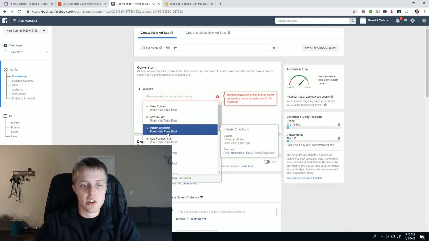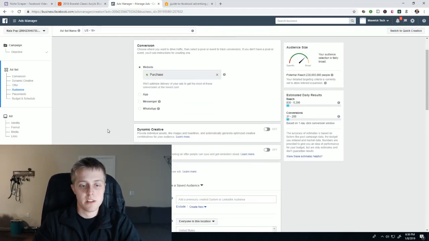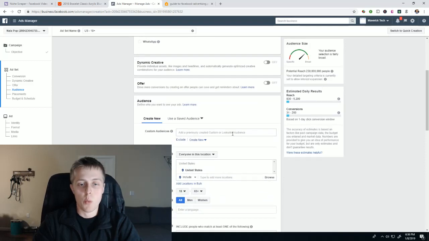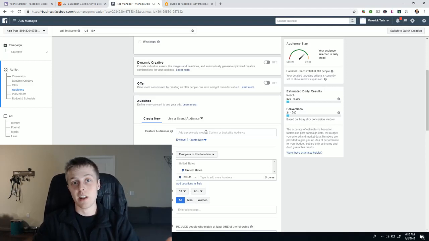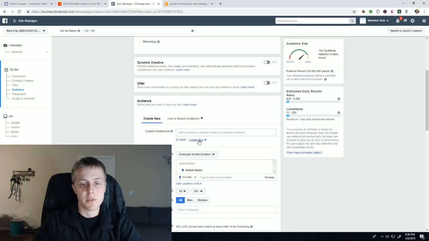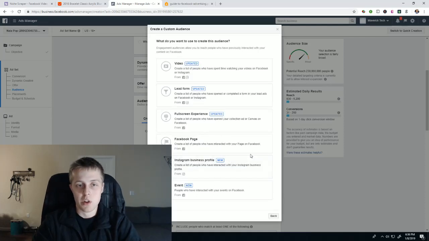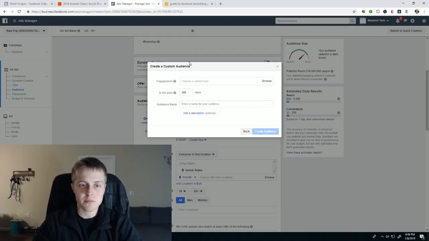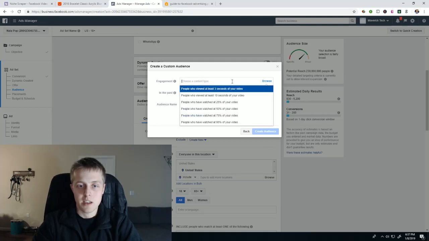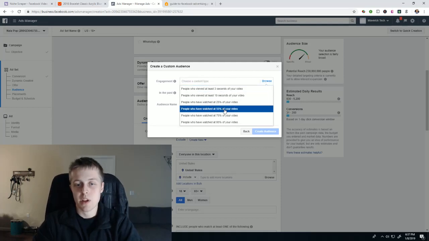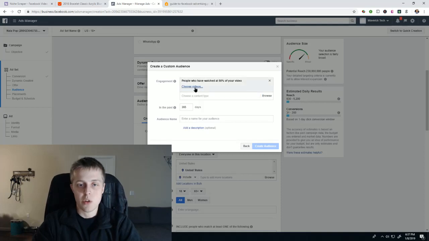And for our optimization, go to purchases here. Now this is very important. We want to, like I said, retarget people who watched 50% of the original video, right? So because we haven't created that custom audience yet, that retargeting audience, this is how we do it. Go here, click create new, custom audience, and we want to create an audience out of the people who engaged with a piece of content that we made on Facebook, which is the video. So click on video